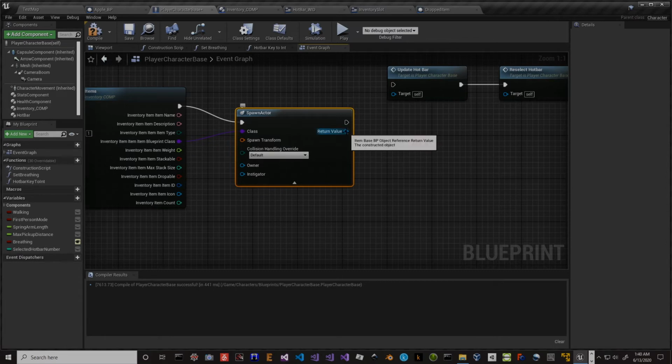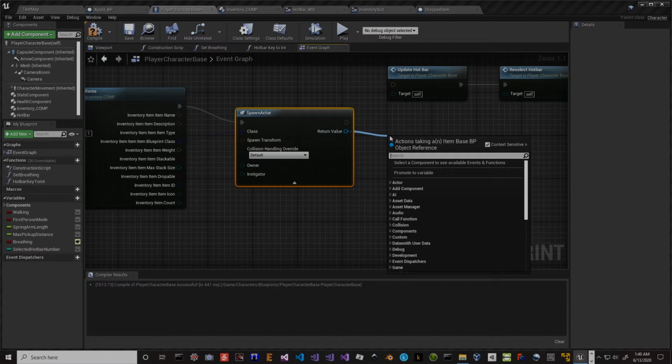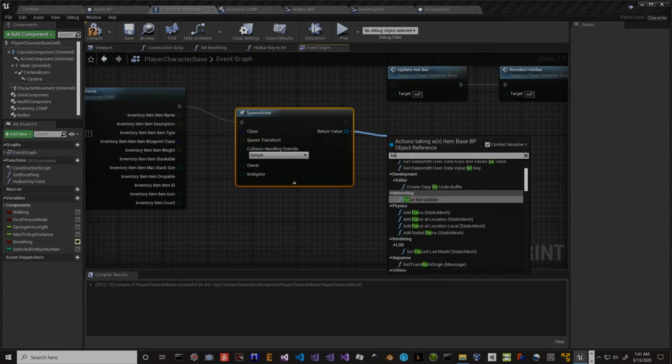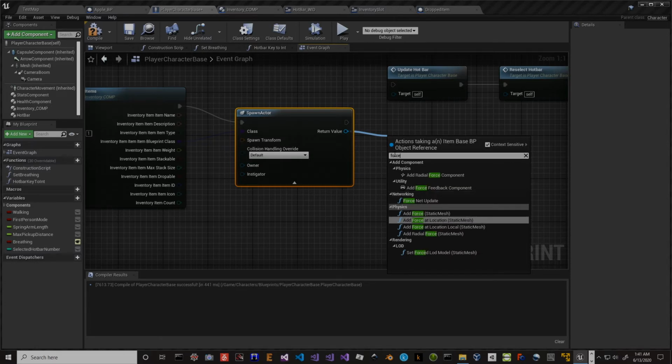And the return value is this BP object reference. And so we want to give it some add force,